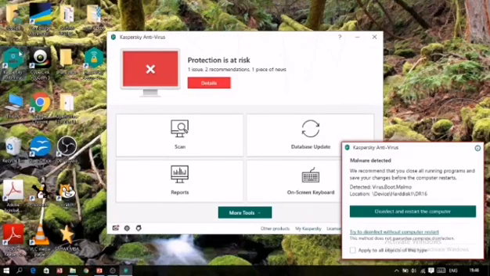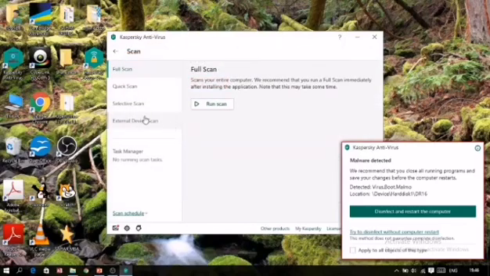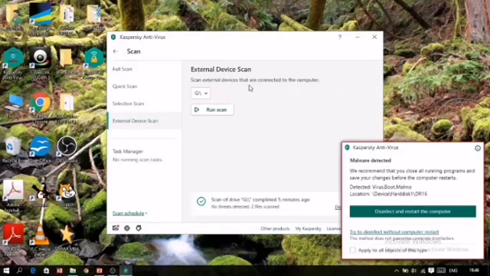First we have to open this program. Here it was showing green earlier, and now because there is malware in my computer system, it is showing red, and it shows one issue, two recommendations, one piece of news. I will solve this problem later on. First I want to complete the topic. So first click on scan, then external device scan, because the pen drive which I have attached comes under an external device. So I'm clicking on it.